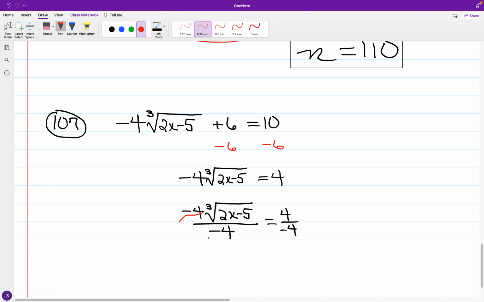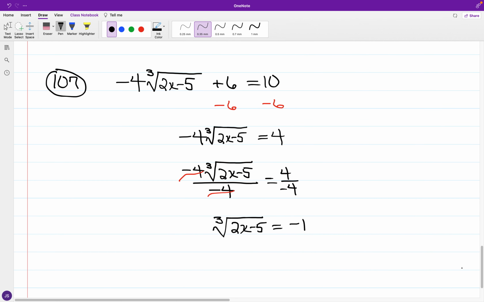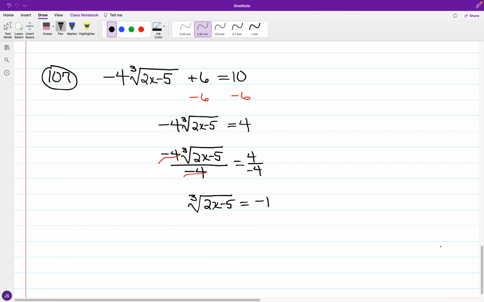So to the left, the -4's will cancel. So at this stage we have the cubic root of 2x minus 5 is equal to, and 4 over -4 is going to be -1. So I have a single radical term with the cubic root of 2x minus 5, and this is set equal